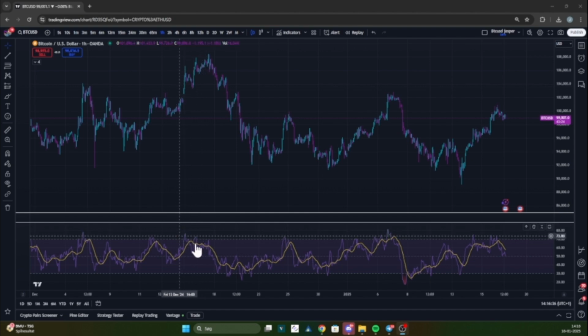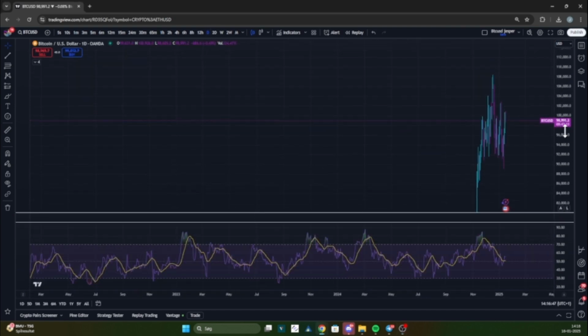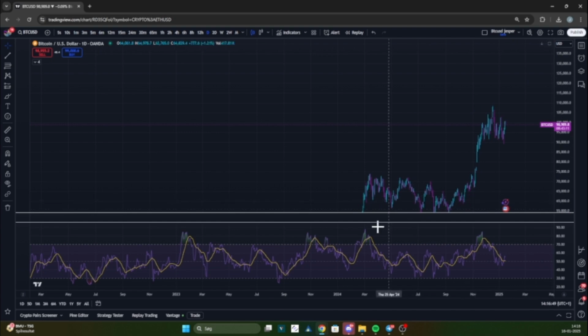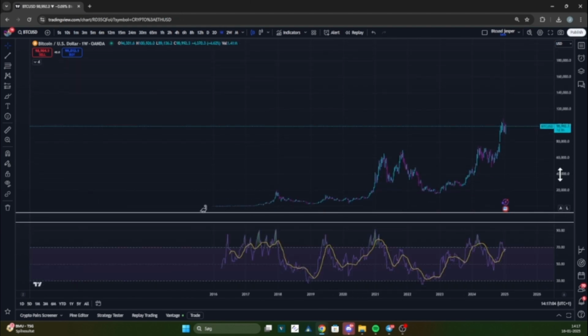Now, I don't agree with this classical way of looking at the RSI, because when we look on higher time frames, especially on something like Bitcoin, we can see that the price can stay in those overbought and oversold areas for prolonged periods of time. Especially if we look on the very high time frames, we can see